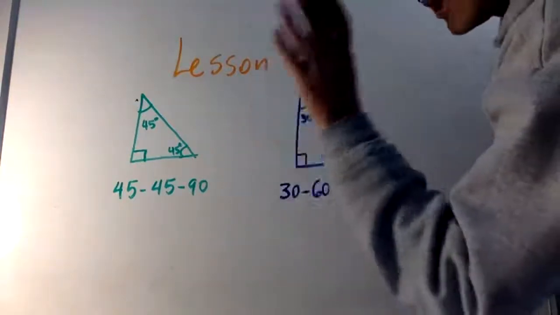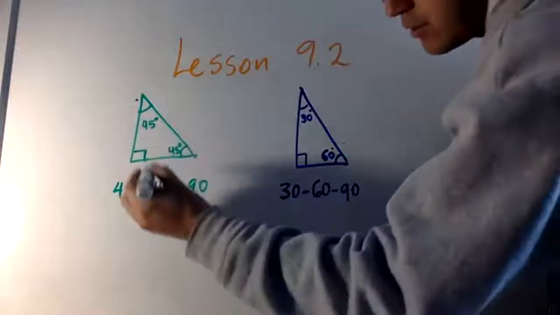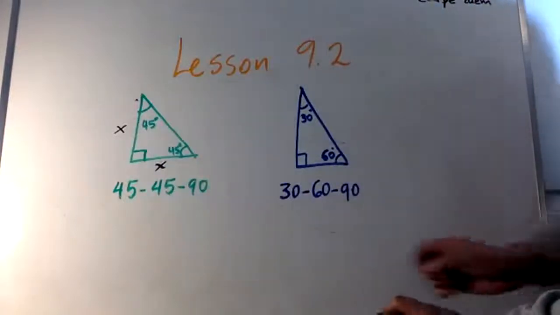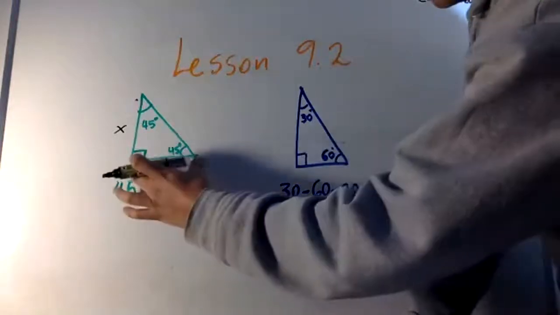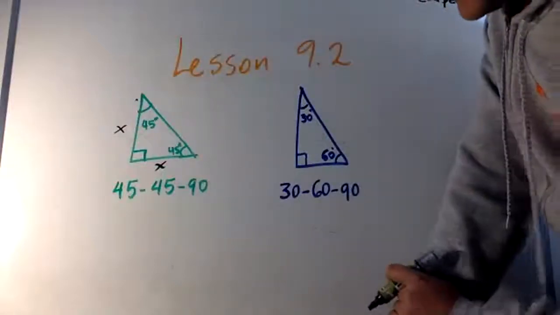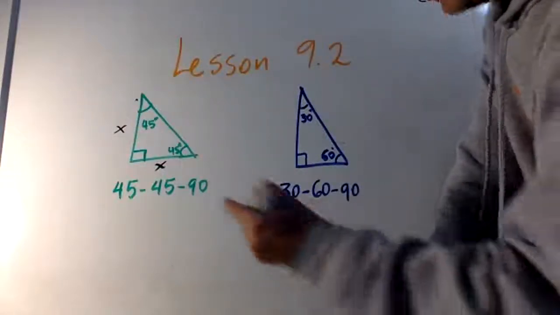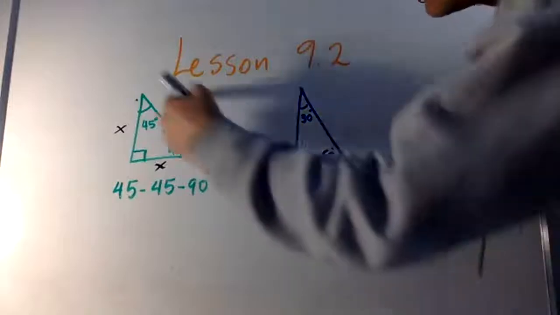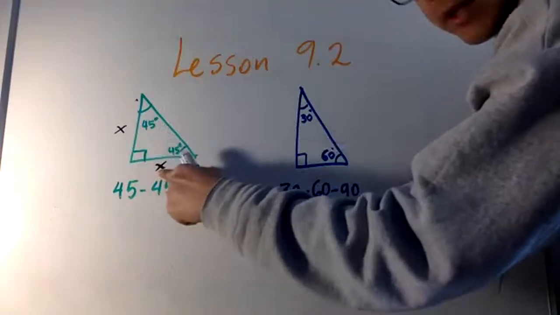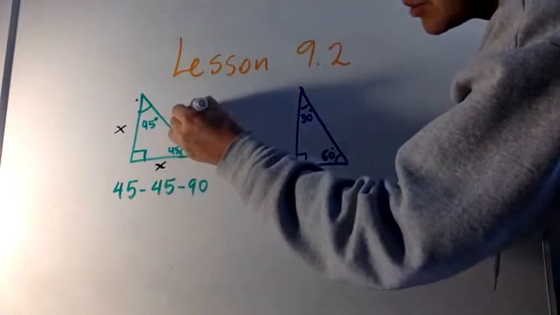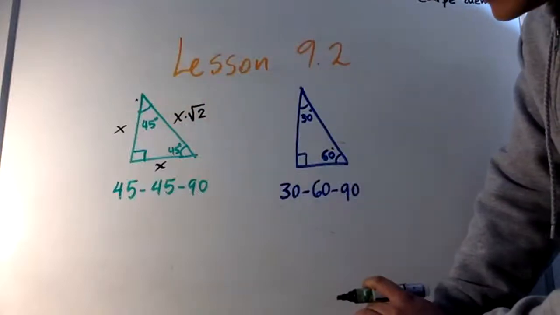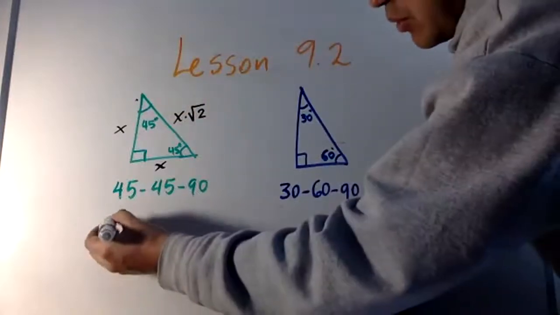In this type of right triangle, the legs measure the same. So for example, if this is 10, this is 10. If this is 5, this is 5, and so on. And because of that, the only thing we have to do to know the length of the hypotenuse is multiply this x by the square root of 2, and then you will immediately know what the measure is. So simple, right? So as an example,